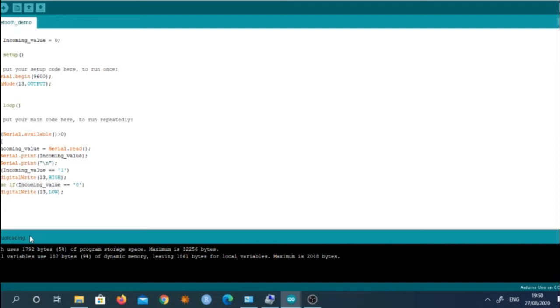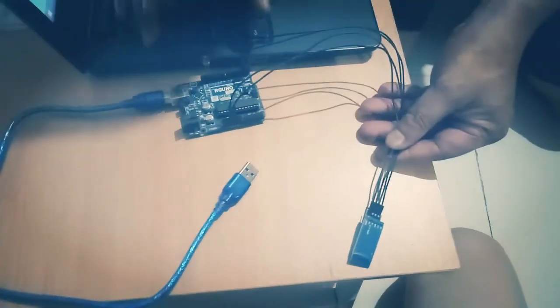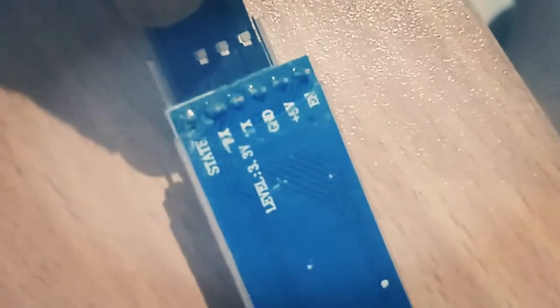In the next part of the video, I will show you how this mobile app and this program will work together. So this is the Arduino board. This is the Bluetooth module. Look at the back side. The important pins which I explained in the previous slide are transmit, receive, ground and plus 5 volt.